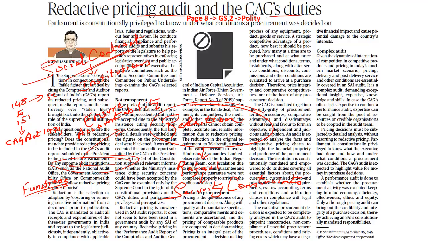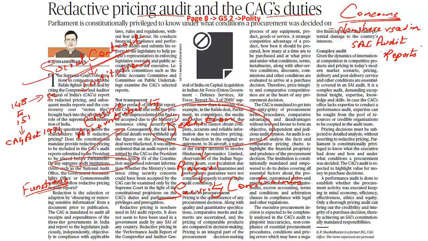So what are the various concerns that this article speaks about? There are supreme audit institutions the world over. We have the CAG, and so do other countries. The majority of countries have their own institutions. But what is important in this article is that redaction is nowhere used in any of the reports the world over. So what the CAG has done here is withdraw certain information. This type of withdrawing information based on the words of the executive is not seen anywhere in the world, and that's the major concern this article speaks about.